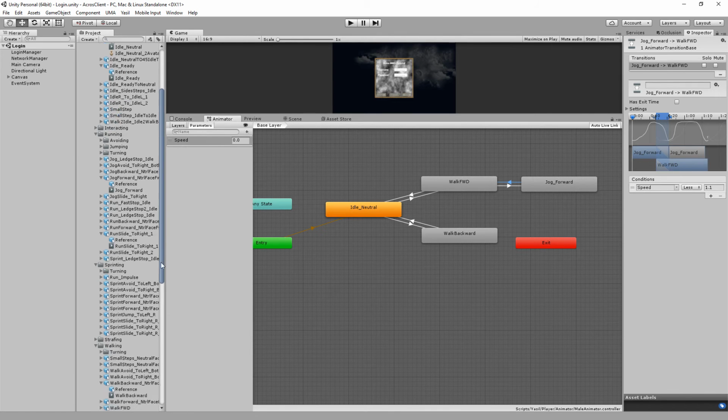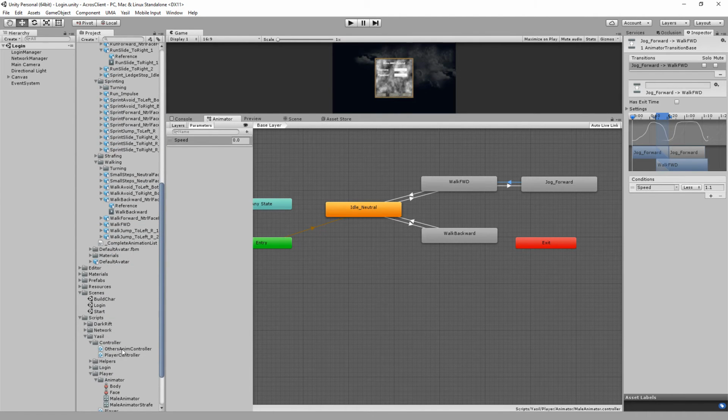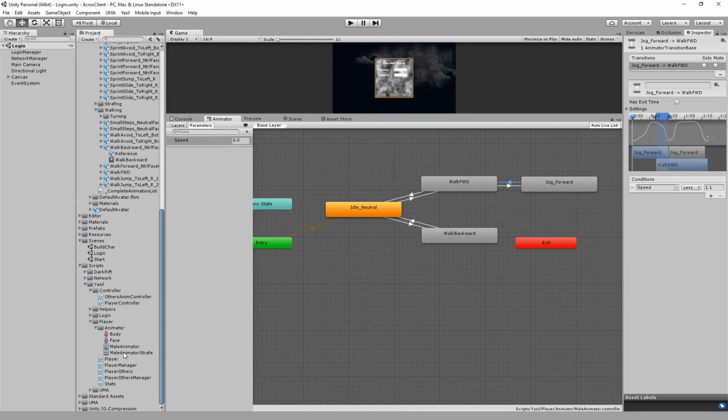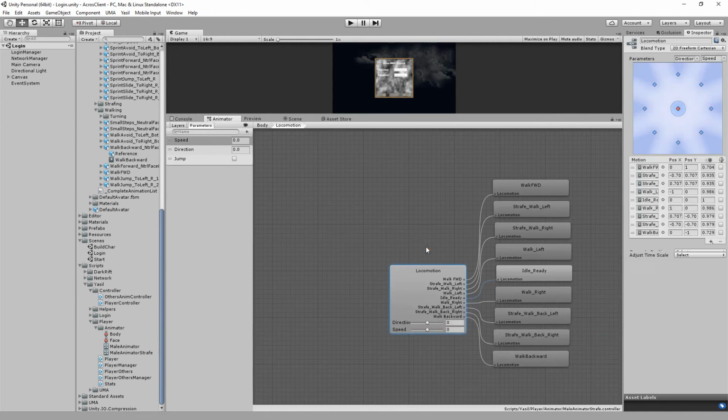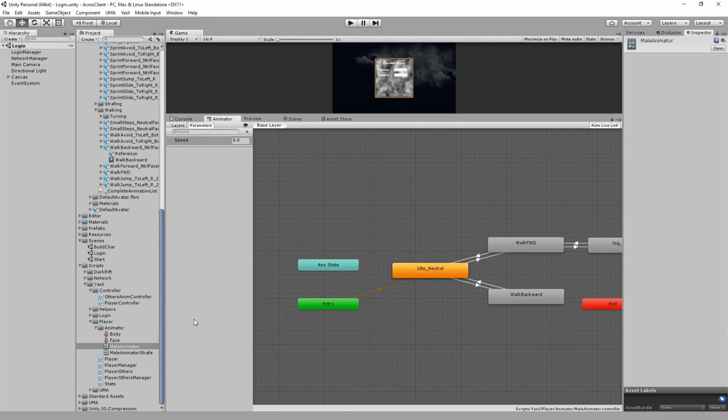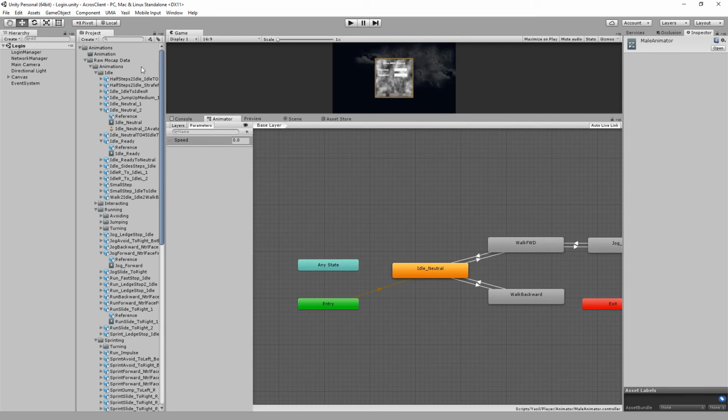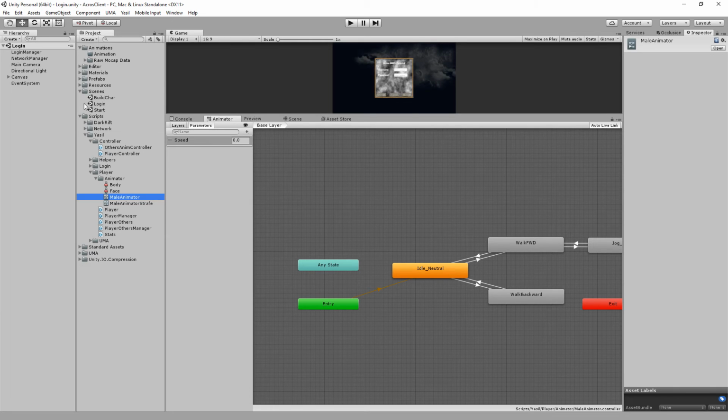I'll show you a little about the other one I made already. It has a locomotion with a 2D blend, so you can change between these. That comes somewhere in the future, I don't know yet. We just use this male animator, and to use it, we go into our scripts. No, at first let's go to our start location